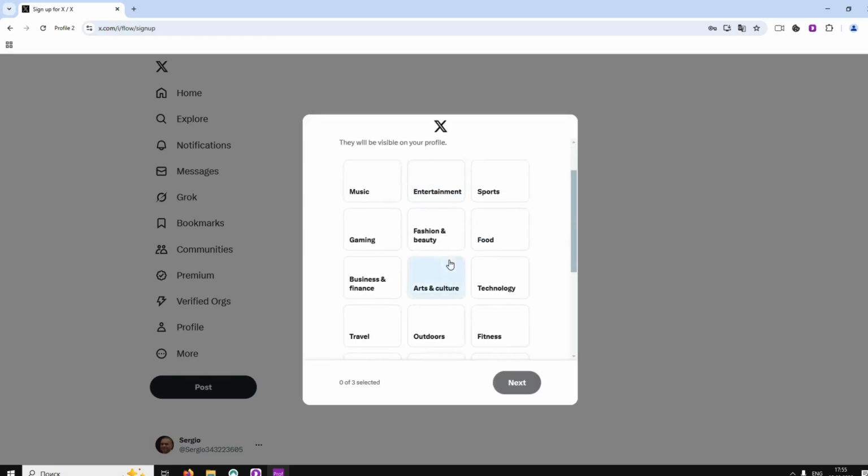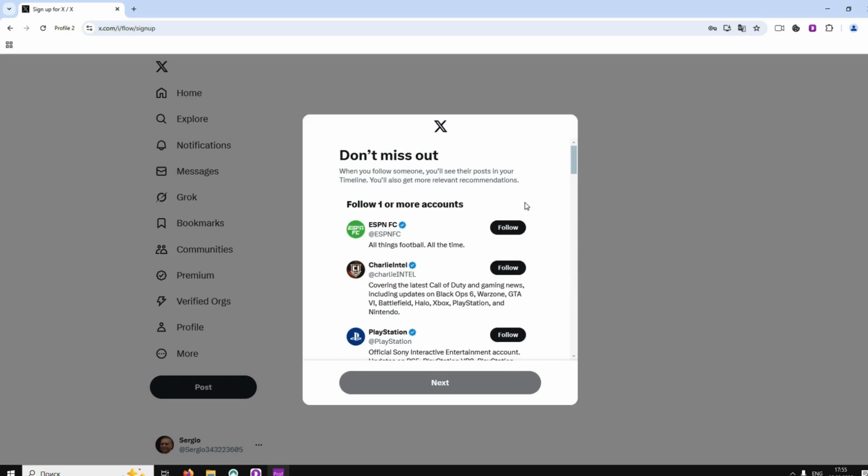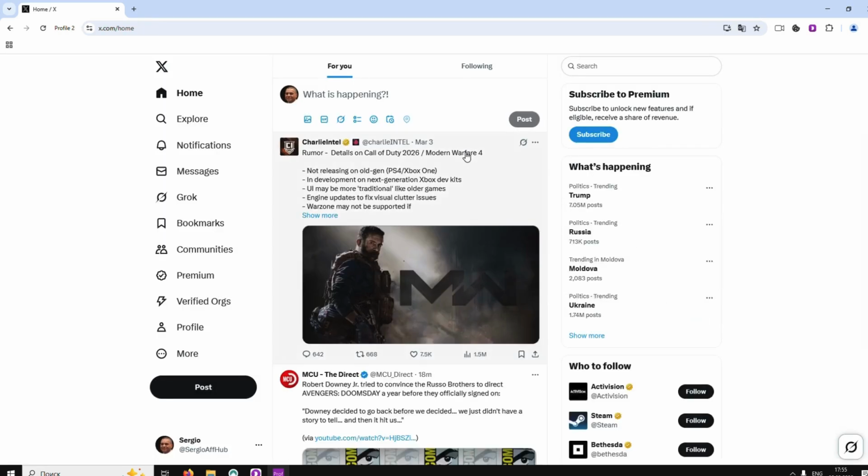Step 7. Follow accounts. Twitter will suggest accounts to follow based on your interests. You can follow suggested accounts. Once your account is set up, you can tweet, share text, photos, videos, or links, retweet, share other users' tweets,